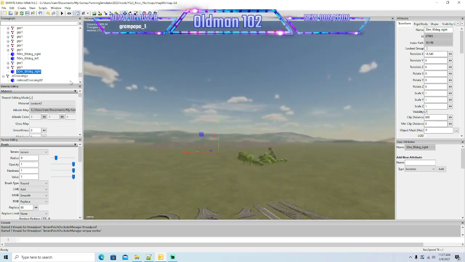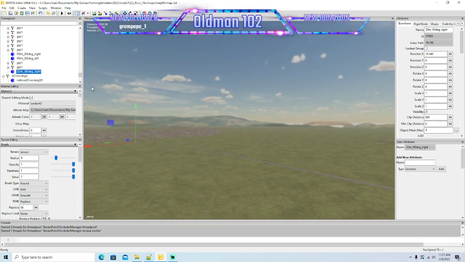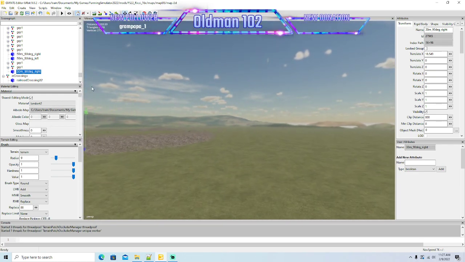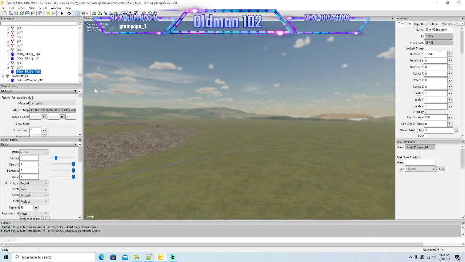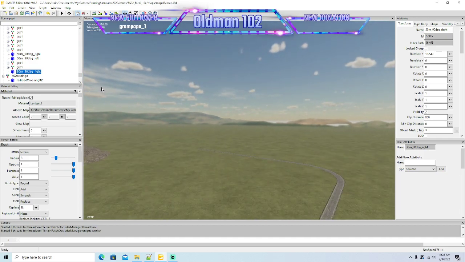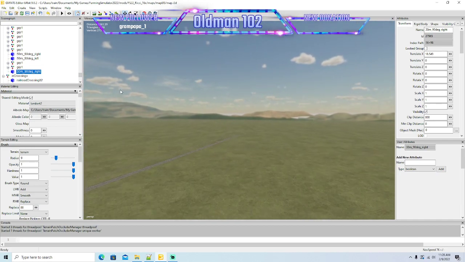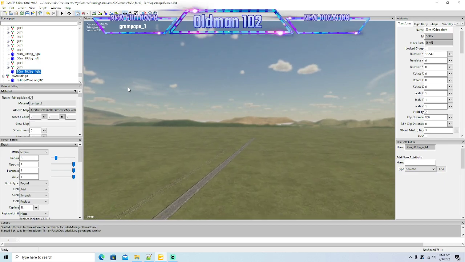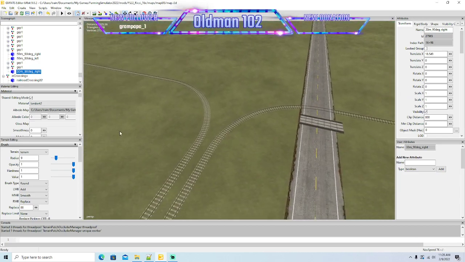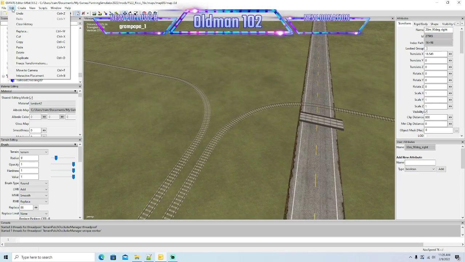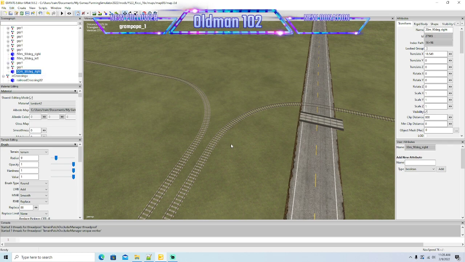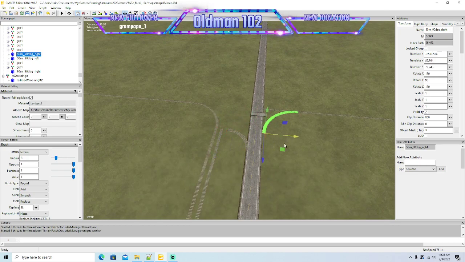Let's see if that one will work any better. Let's get this railroad crossing, let's get this curve out of the road. And then we'll see if it's going to be back far enough. So let's go edit, interactive placement. Yeah, let's take this one, let's just slide it out of the way for now. And then we'll take this one,